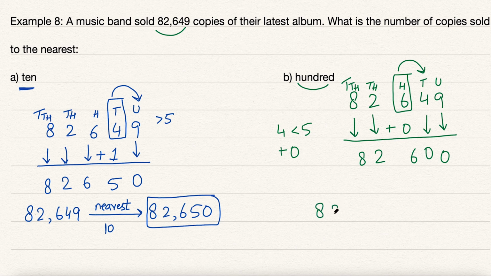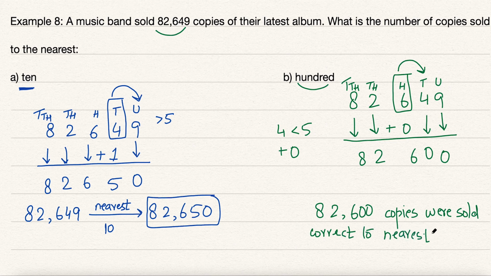So 82,600 copies were sold, correct to nearest 100. And here 82,650 copies were sold, correct to the nearest